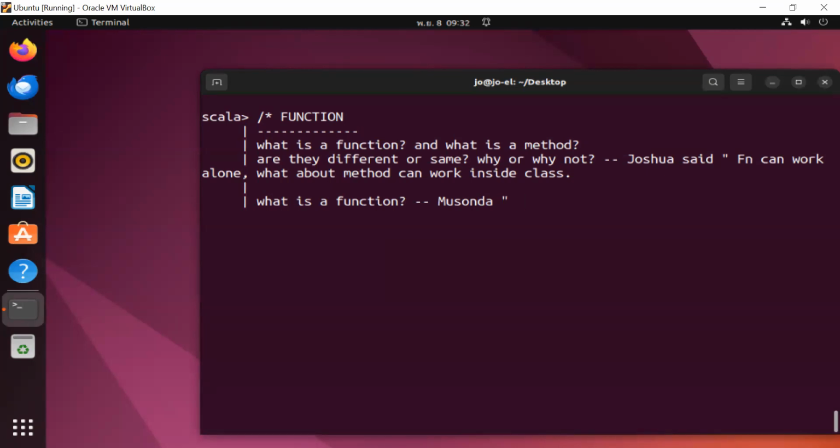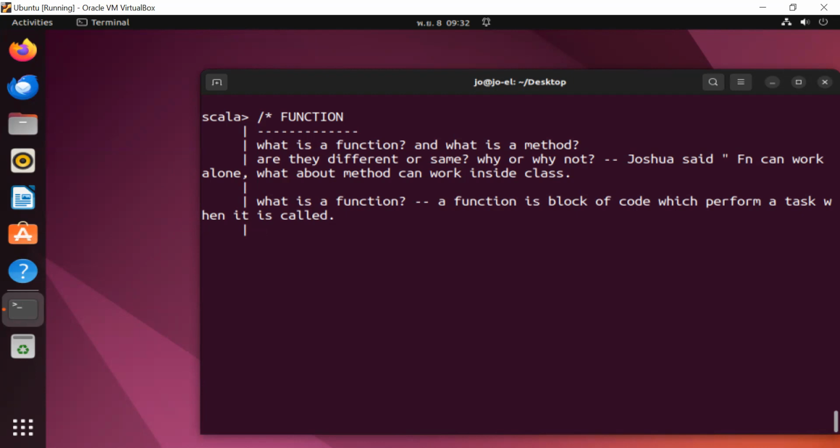So what is a function? How do you define a function? Just for the sake of time, a function is a block of code which performs a task over and over again. I say which performs a task whenever it is called, if I put it this way, right? So that can be the easy way to understand the function.